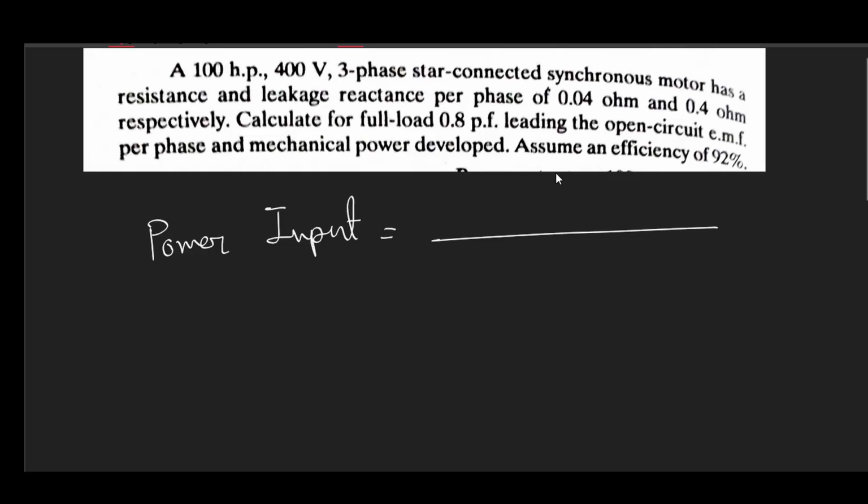Do remember, watt or kilowatt we particularly use for electrical quantity, electrical power, electrical output. So for a generator, if you want to express its output, then go for kilowatt. But for a motor, if you want to represent its output, go for HP. So power output will be how much? It is